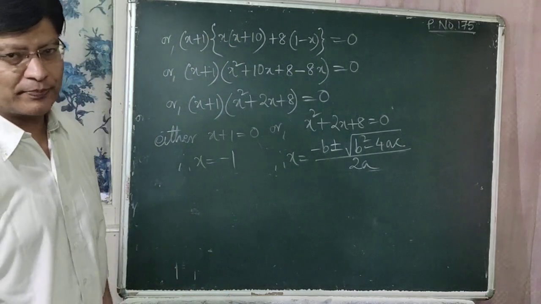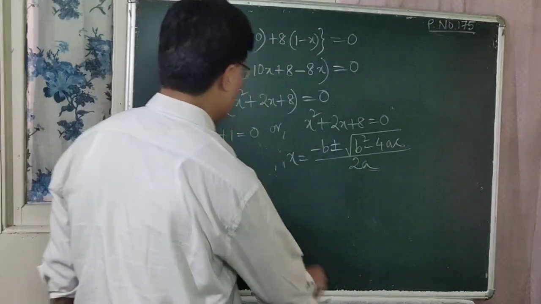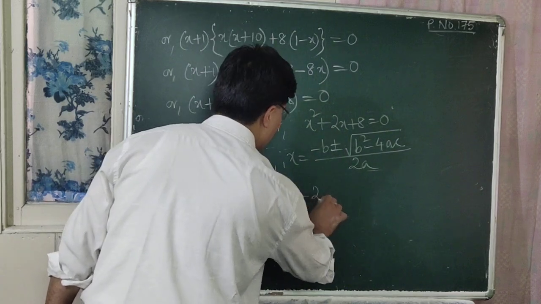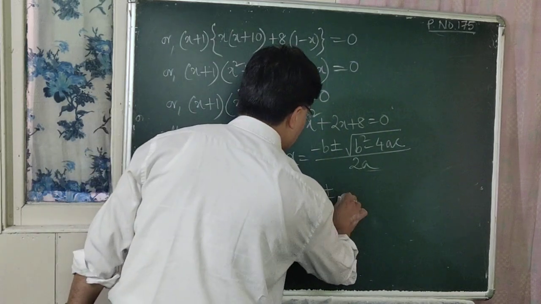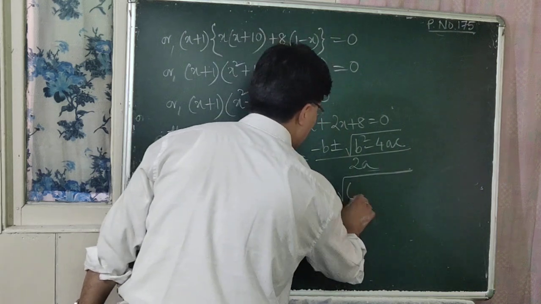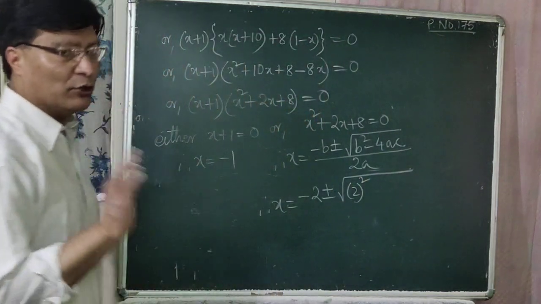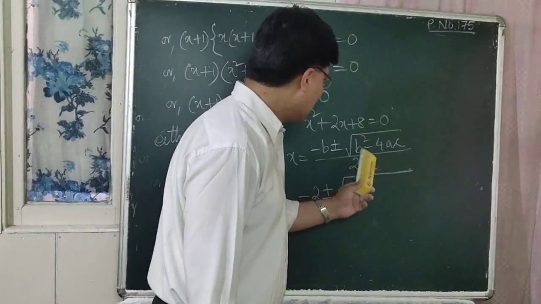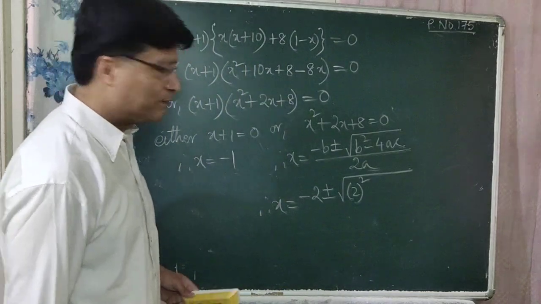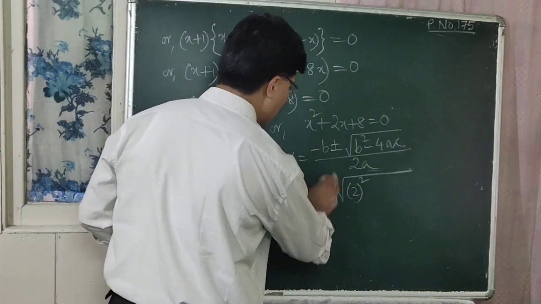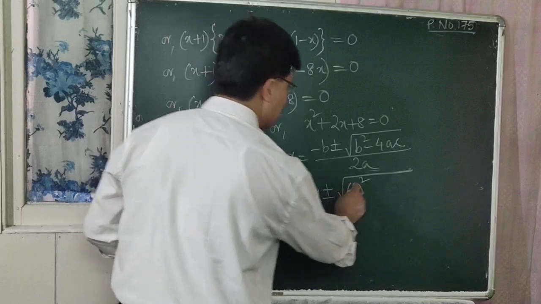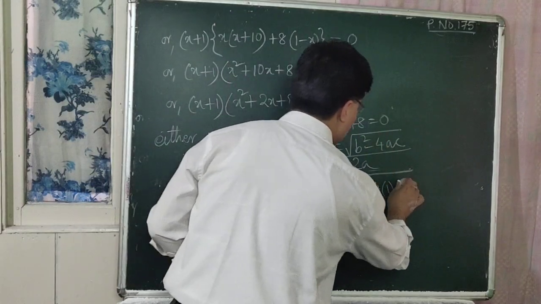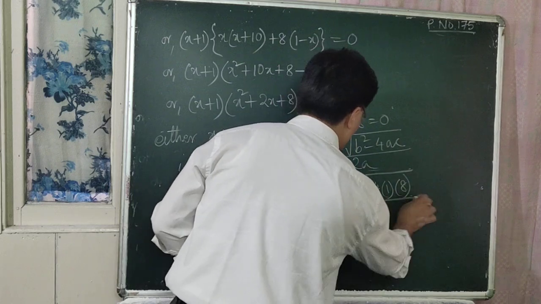Since we have found out, let us do it again. Therefore x is equal to minus b, that is minus 2, plus minus root over what is b whole square, it is 2 whole square. It can be human error, I made a mistake here. So b whole square is 2 whole square. Minus 2 plus minus root over 2 whole square, this is minus 4 into a, that is 1, into what is c, that is 8, whole divided by